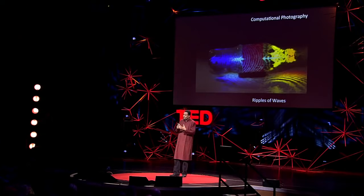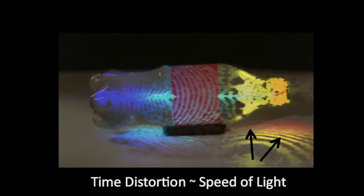And when you look at those ripples, remember, the time between each of those ripples is only a few trillionths of a second. But there's also something funny going on here. When you look at the ripples under the cap, the ripples are moving away from us. The ripples should be moving towards us. What's going on here? It turns out, because we're recording nearly at the speed of light,